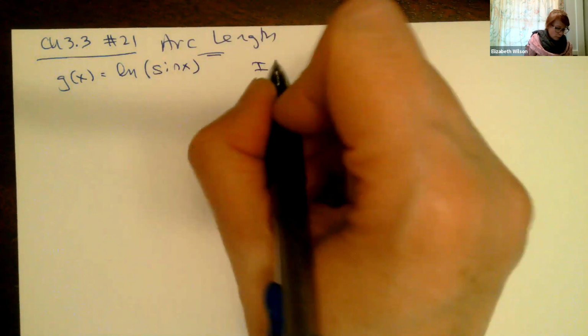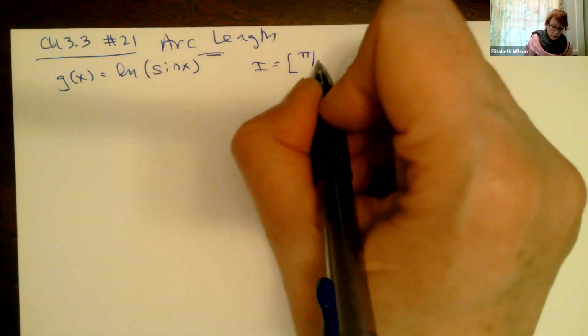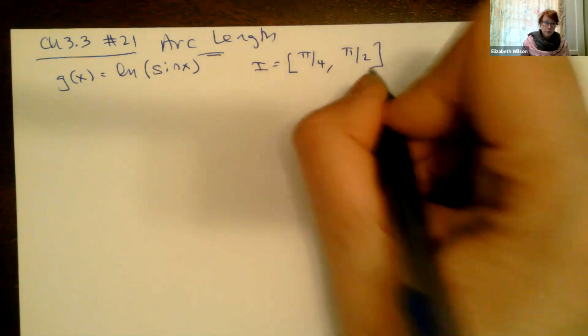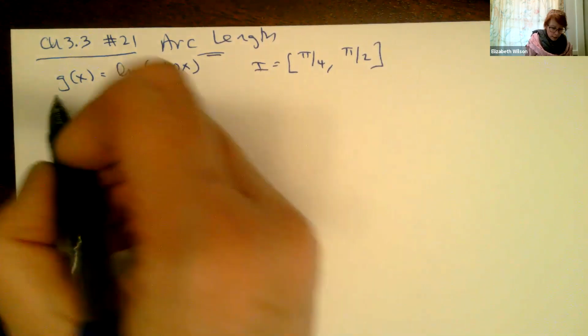Okay, so we're going to calculate the arc length over a given interval. We're given our function g of x equals natural log of the sine of x, in the interval pi over 4 to pi over 2. Okay, so remember our arc length